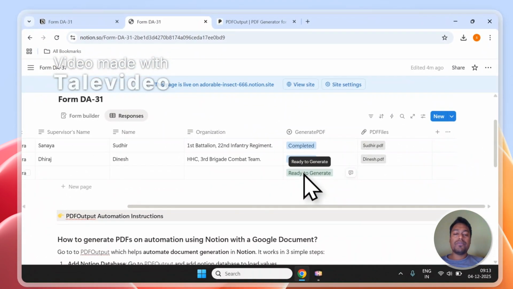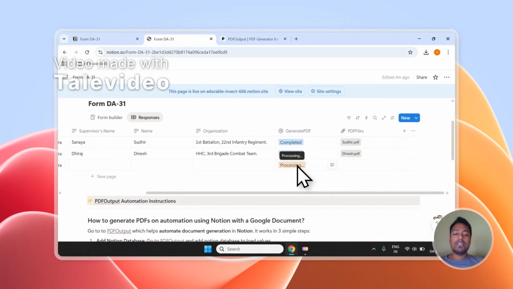But I hope this short and quick demonstration was helpful to you, and as you can see, it has started processing this document, and soon it will convert the same to PDF directly inside the database. So this is how powerful the automation is, and directly